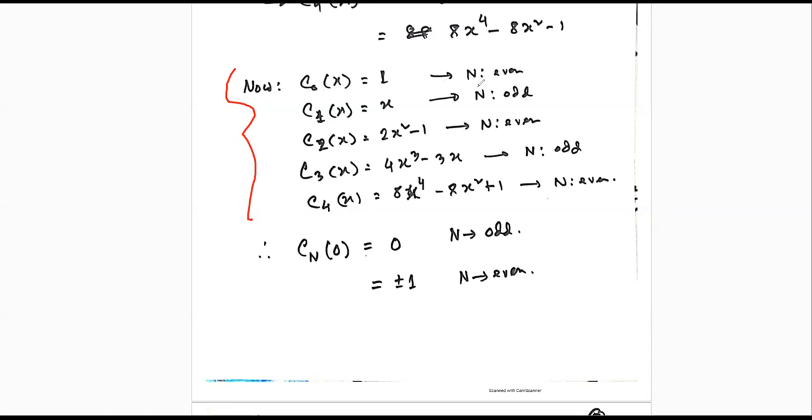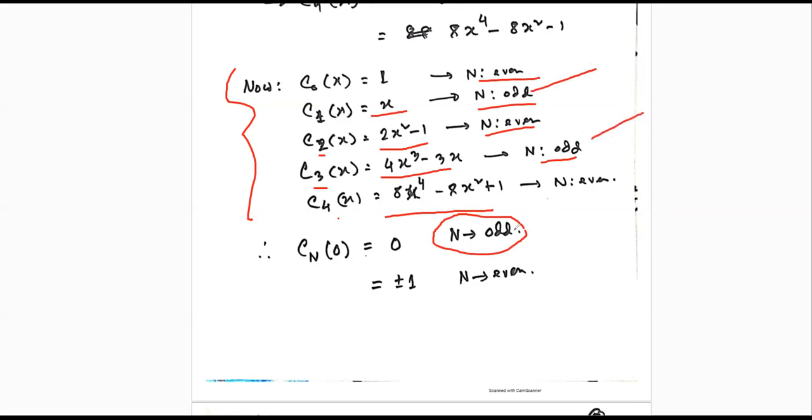So n is even. For n equals to 1, you find x; n is odd. For n equals to 2, you find twice x square minus 1, where n is even. For n equals to 3, we found this. For n equals to 5, we found this. So we just listed how it looks for even functions and for odd functions. The very interesting thing is that if n is odd, these numbers,